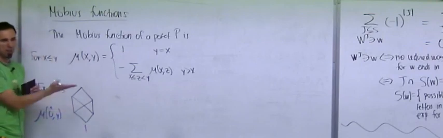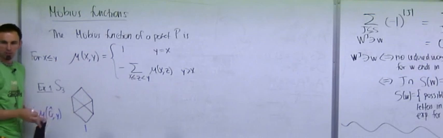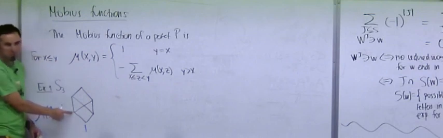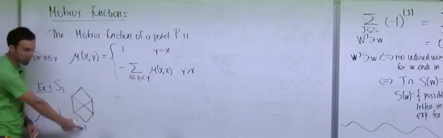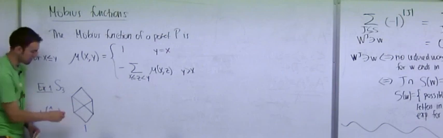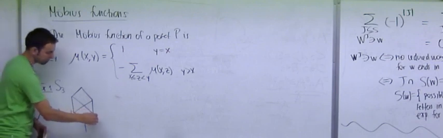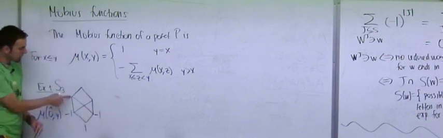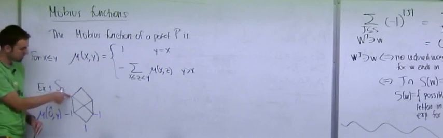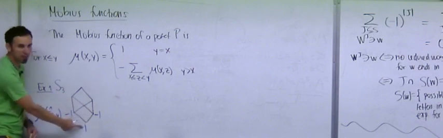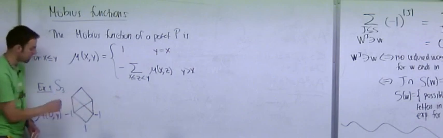And then you start working your way up the poset. What number should I put here? Well, I look at everything that is smaller than this guy, add up those numbers, and change the sign. So I look at everything underneath, I see a 1, and I change the sign. So I get a negative 1 here, and the same thing here. Now I go here. What number should I put here? I look at all the things that are smaller than this one: -1, -1, and 1. They add up to negative 1, and I switch the sign.